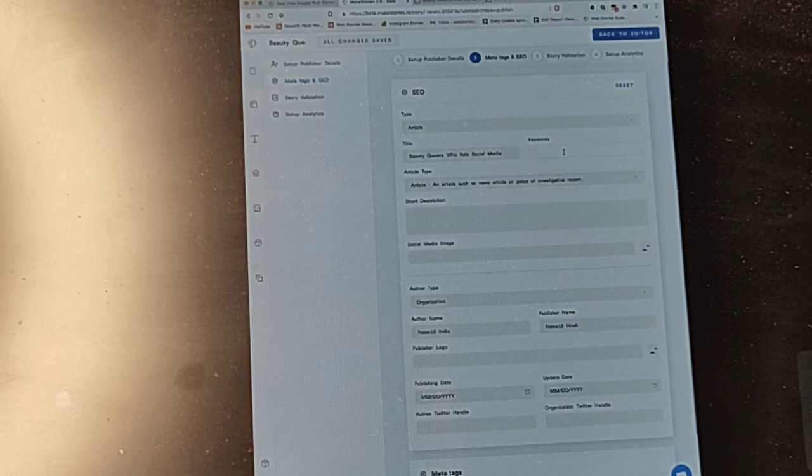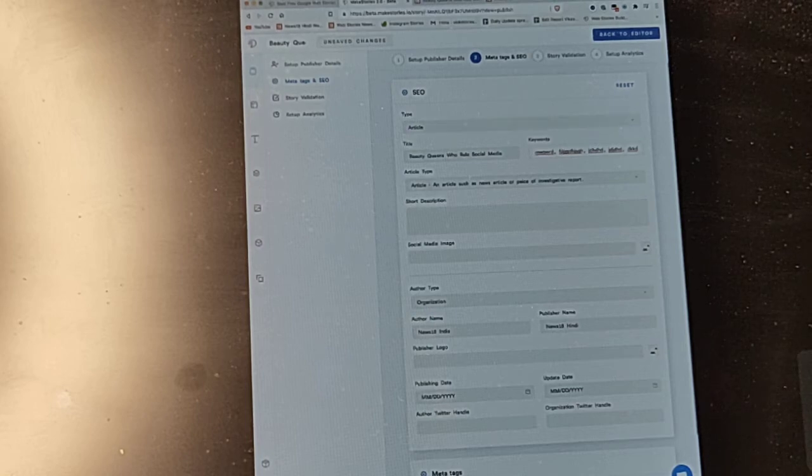After every word, make sure you put comma and space. Word 2, comma, space. Word 3, comma, space. Word 4. And you have to put at least 8 to 10 keywords.